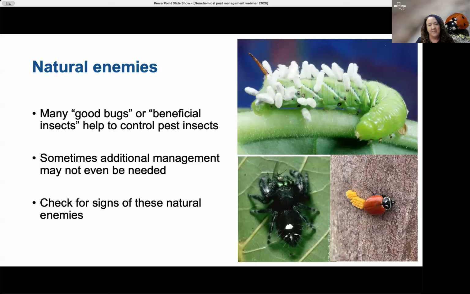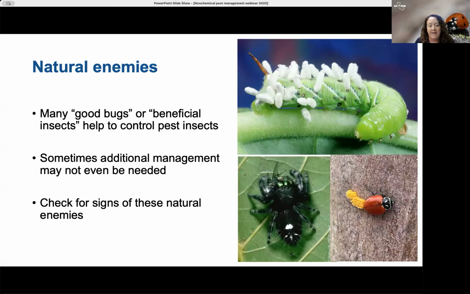Moving on to another non-chemical control that is likely known by most everyone here. We have our good bugs or natural enemies or beneficials or beneficial insects, biological control agents. There's so many different terms that we use. UC IPM, we like to use the term natural enemies. These are naturally occurring enemies of pests. They're not our enemies. And there are predators, parasites, and pathogens that will be naturally occurring that will attack, hunt down, or